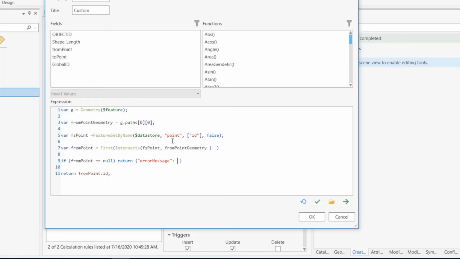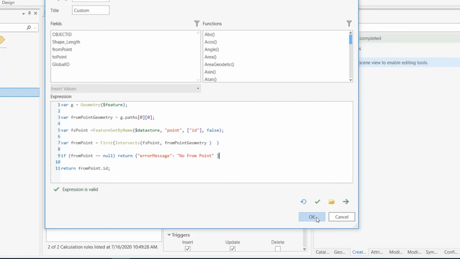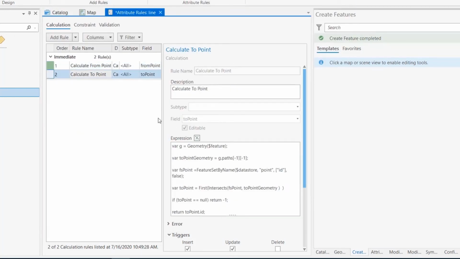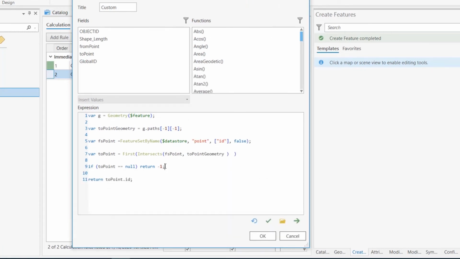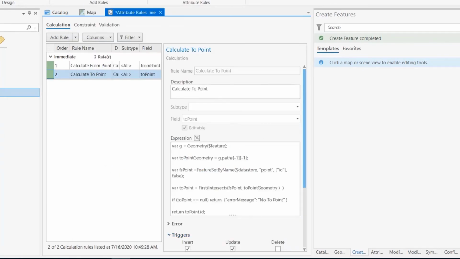And if you do error message, say no from point, we will know that, oh, you actually want to error, and we're going to fail, right? And we're going to do the same thing right here in the to side. The only thing we change is no to side. Verify, save,